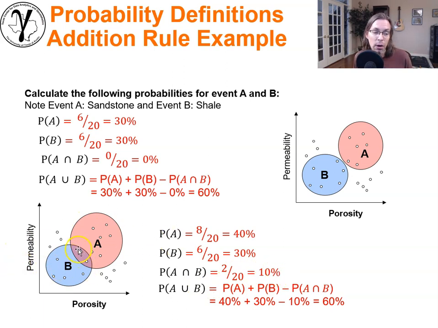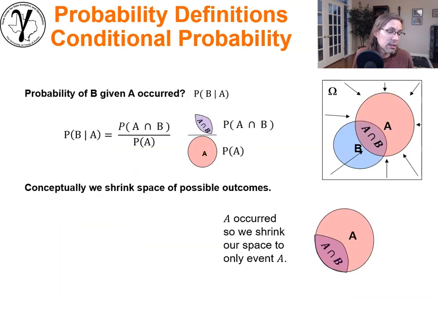10% of the samples are in both A and B, and we can quickly observe the union operator here and see that if we do 40% plus 30%, we would get 70% without doing the subtraction, and very quickly you can confirm to yourself you've actually created a bias, you're double counting. Subtract the 10%, you get 60%, and you can quickly see that this makes sense, that we do have a total of 12 data here. That is 60%. It works out if we do the proper addition rule with the subtracting to remove the double counting. Okay, so that's cool. Addition rule example to demonstrate it.